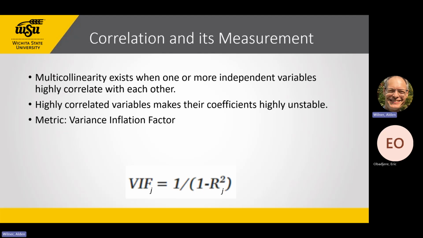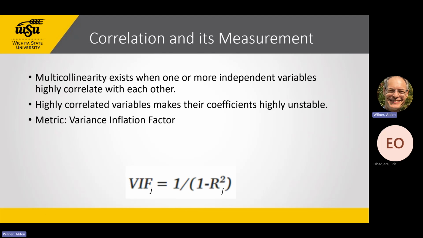And if we are not independent, if they vary together, they move collinearly, highly correlated. This makes their coefficients more unstable. Of course, our metric is the variance inflation factor. We take R squared, we subtract that from 1, and we invert it. And this gives us a number for each feature, j,